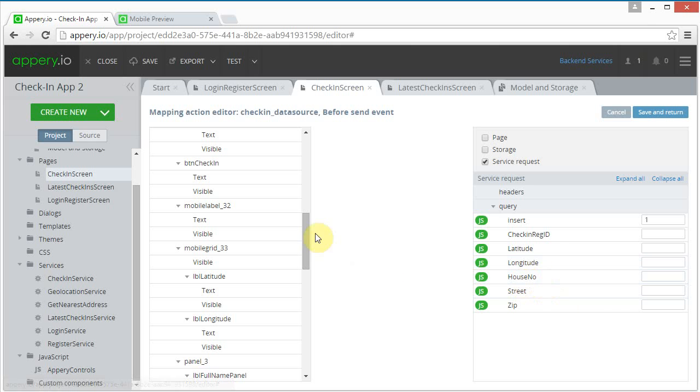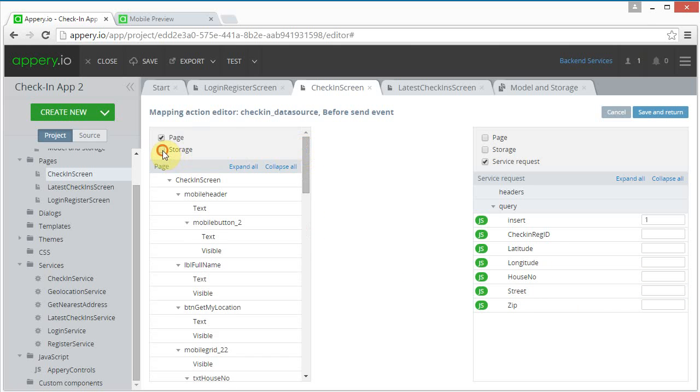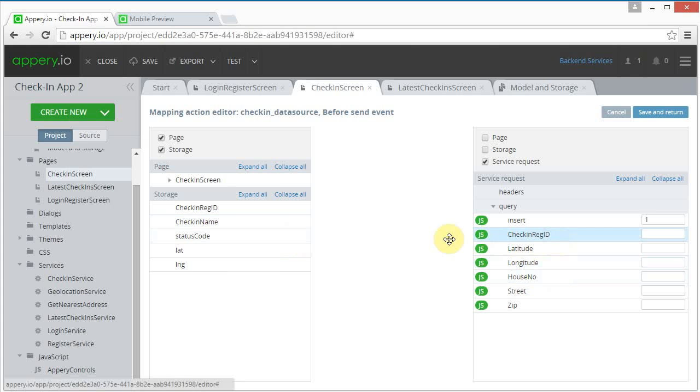So we can start by, let's click storage and close the check-in screen, and let's load the check-in register ID and the latitude and the longitude,